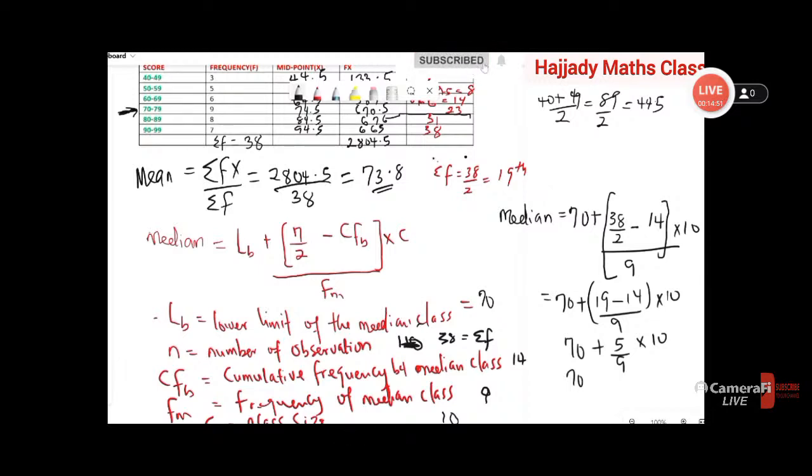You have 70 plus 5 over 9, or 5. Let's multiply 5 by 10, and here we are going to have 50 over 9. So going forward, we have 50 over 9. You can solve that using your calculator. So we are going to have